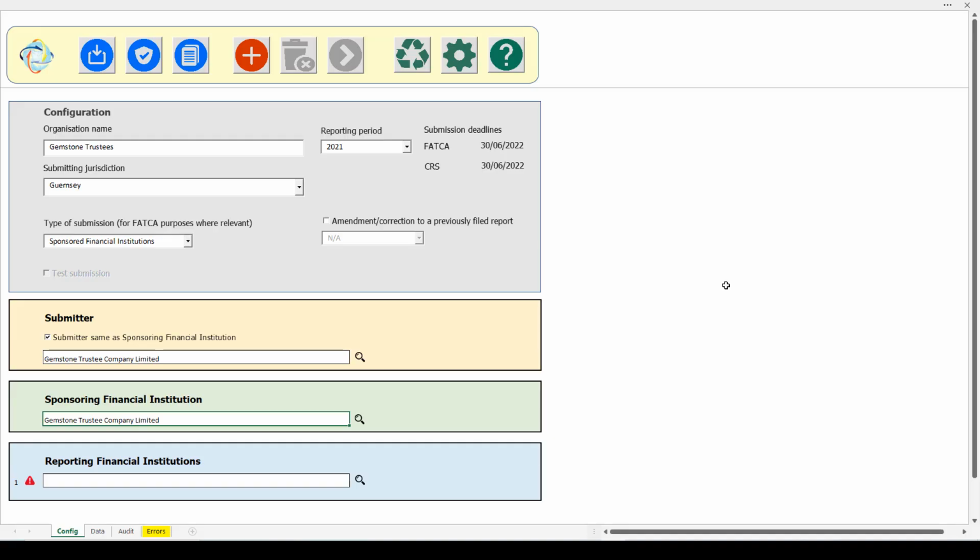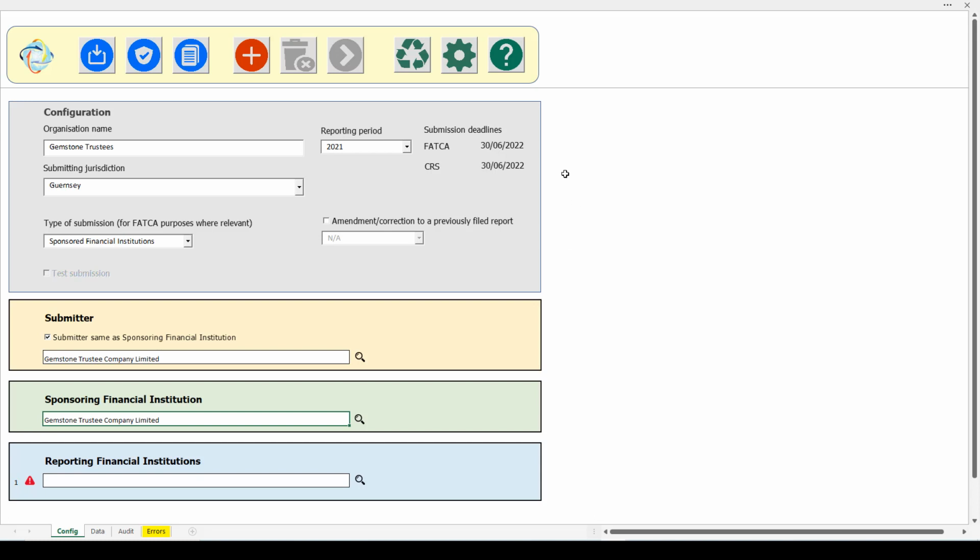Our usual default position in the AOI Hub template is that each financial institution has a separate worksheet for the accounts that relate to that FI. If you've got a large number of financial institutions, for example, if you've got trustee documented trusts that are all to go in the same submission file, this can get quite large and can be difficult to manage.